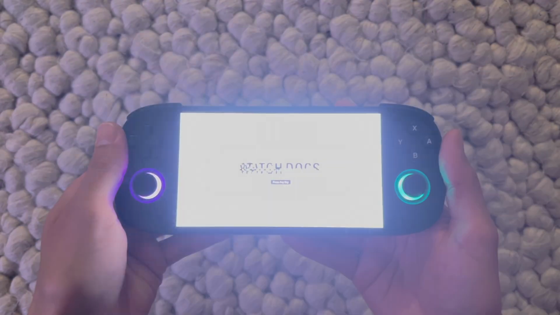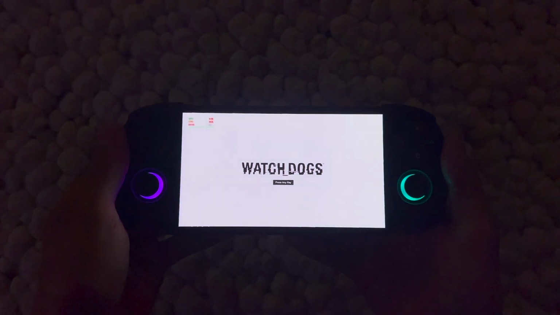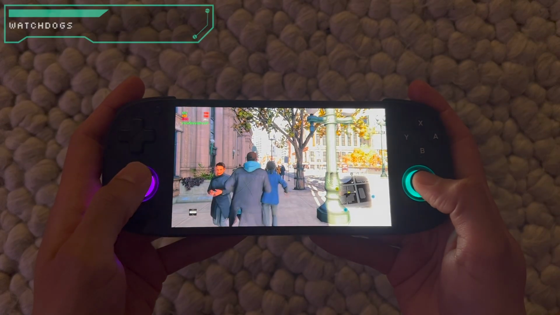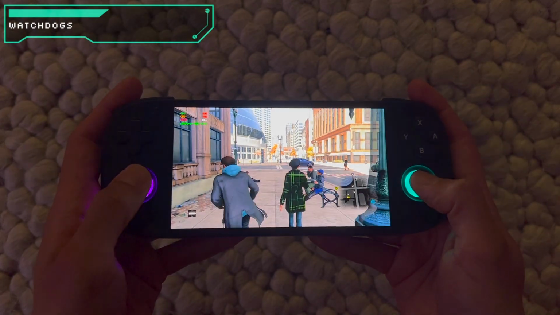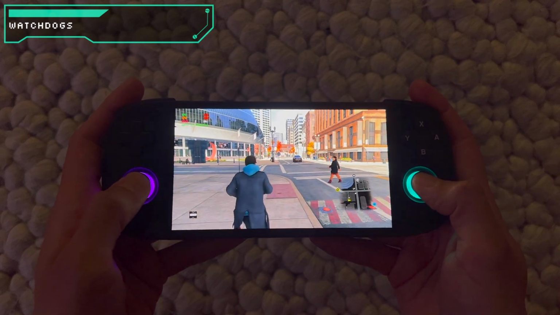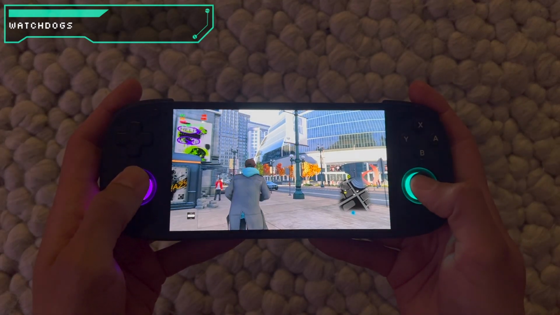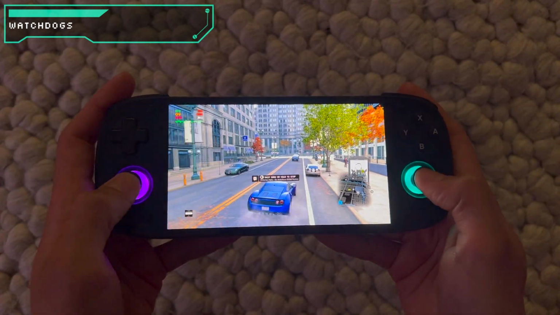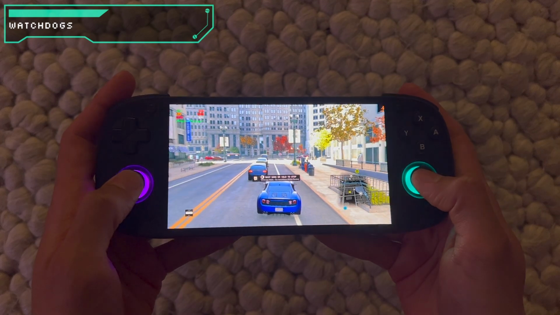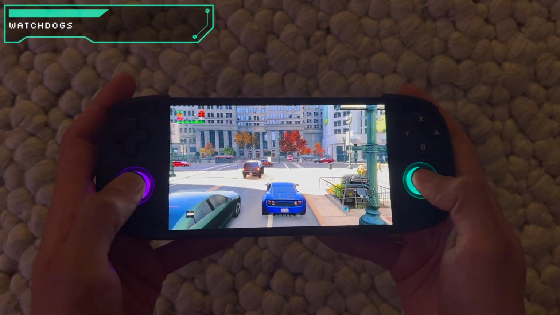And the last game on today's list is this game called WatchDogs. WatchDogs is an open world action adventure game set in a fictionalized version of Chicago in 2013. You play as Aiden Pierce, a skilled hacker with a troubled past who becomes a vigilante after a personal tragedy. I remember playing this back on my PS4 when it came out, and it was honestly a pretty good game. So honestly, being able to take this on the go on my Retroid Pocket 5 is actually pretty cool to me,